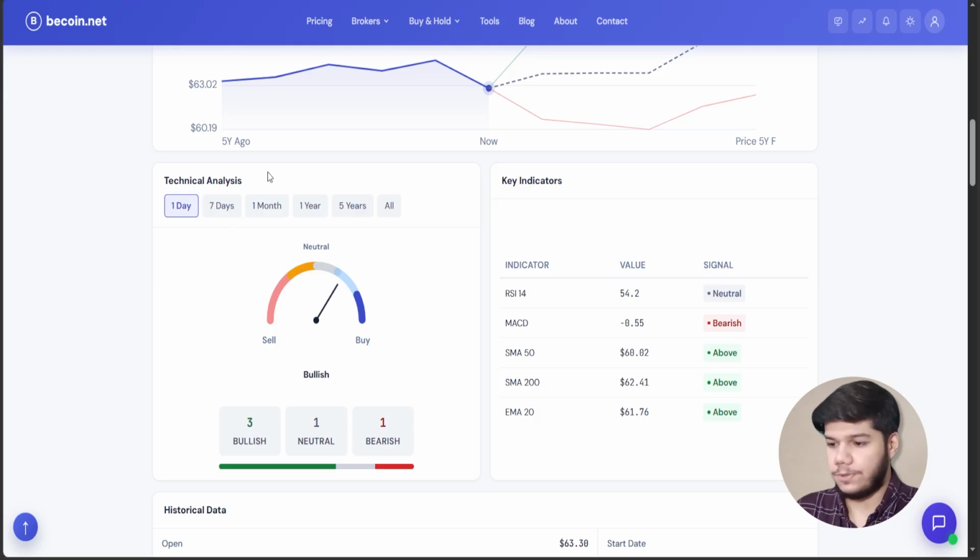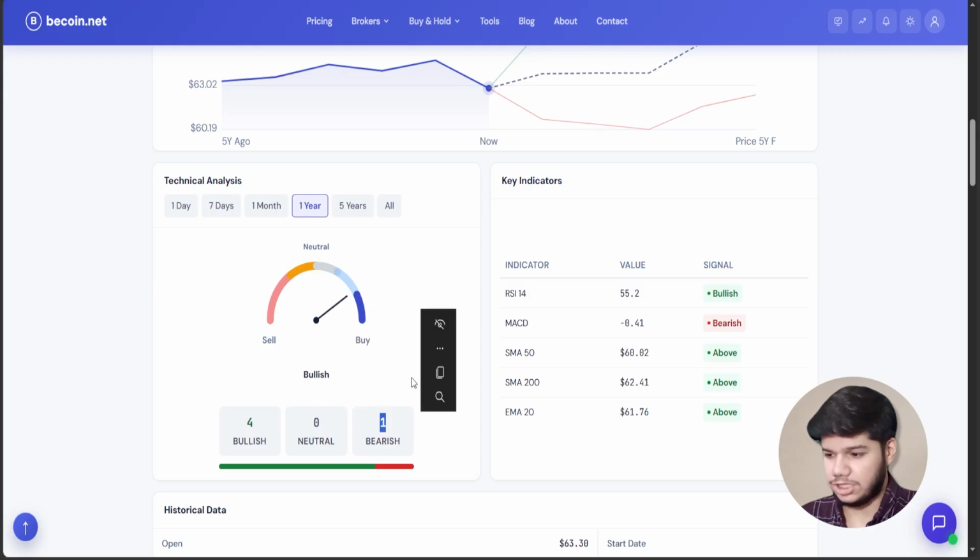If you are opting to make a position, you can just make a slight position right here, but keep that in mind: do not use this as financial advice. Always use your own due diligence before diving into any position. If you see, the bullish score is 3, the neutral is 1, the bearish is 1 as well. If you click on 7 day, the chart remains the same. On the 1 month and the 1 yearly right here, things change. Bullish is 4, neutral is 0, and bearish is 1.